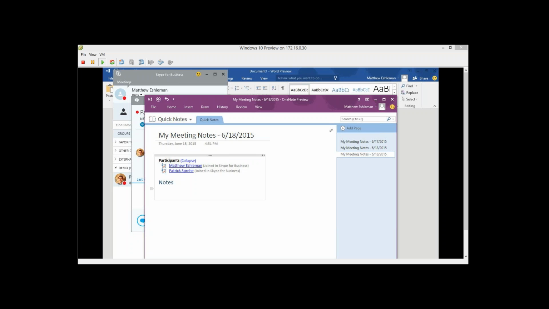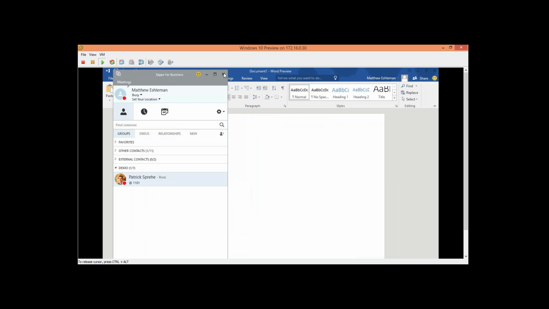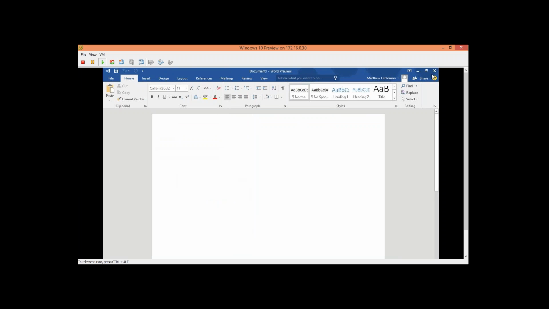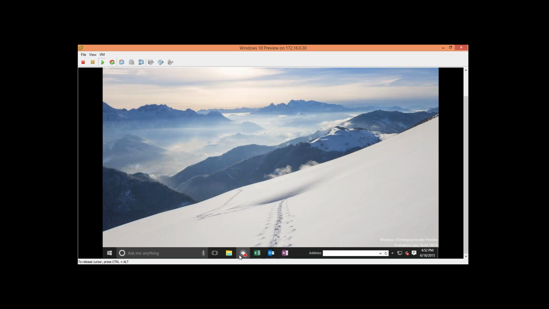So anyways, that's probably the new feature that's most worthwhile that's included with Skype for Business. So that's Skype for Business. I know we're coming down to the end, so if you have final questions, go ahead and chat them in. I did want to just show off a little bit of the